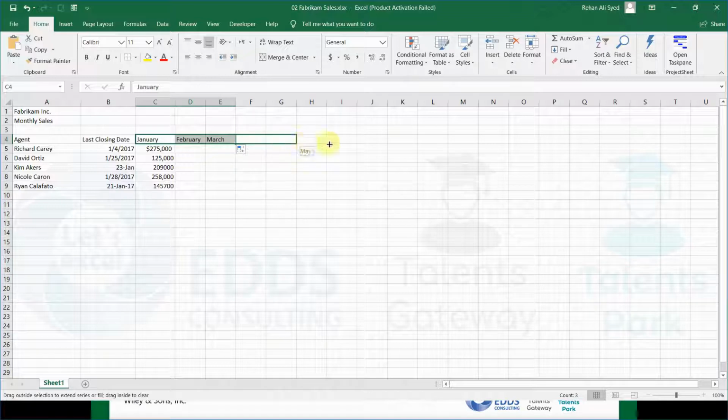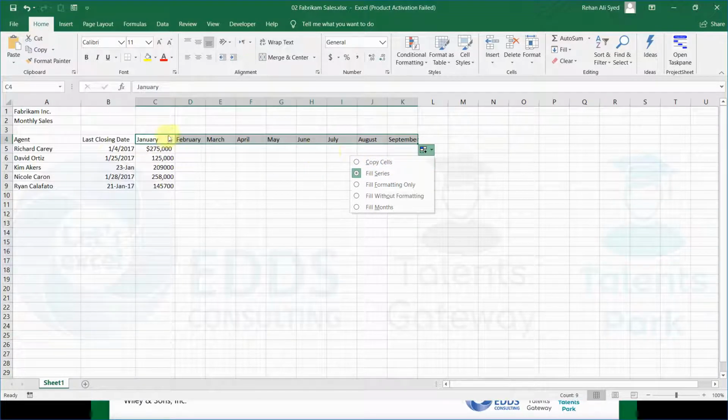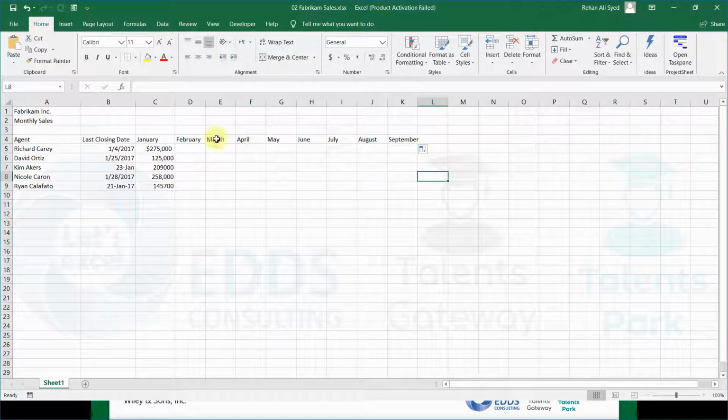You can keep dragging it. You can see this small icon, and this is called the autofill options icon. If I click this, you can see different options that are available here. First is copy cells. If I click on this copy cells, then all of these cells will have the value January. Now click on cell C5, this one,